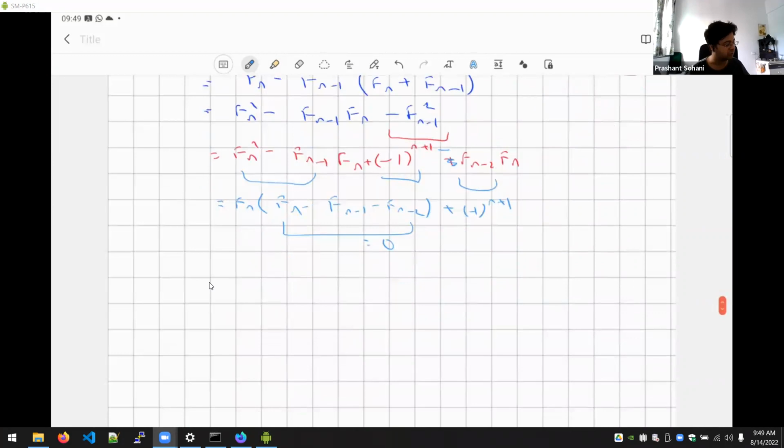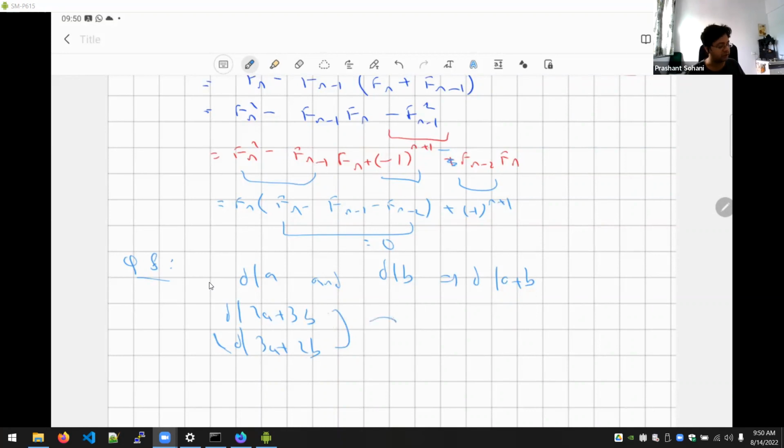Okay, and question 8, I think I've already given you the superset of that question, what you're supposed to do. The idea is simply that if D divides A and D divides B, then D will divide any linear combination of them, including 2A plus B and 3A plus 2B. But of course, because you have to show that the GCD is equal, you have to show the other way around also. That if D divides 2A plus 3B and D divides 3A plus 2B, it's not hard to use a linear combination of these two to get back A and B. Okay, so it's like a two-way operation.